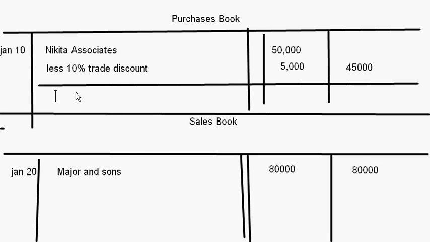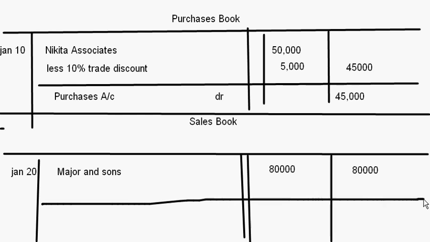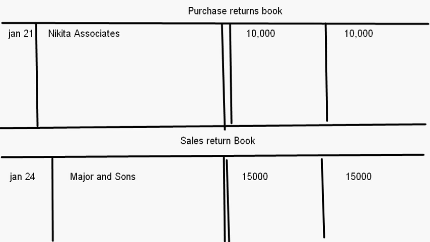So here we will write purchases account debit 45,000 and sales account credit 80,000 rupees, right? Similarly for the purchase returns and the sales return, purchase return is always a credit and